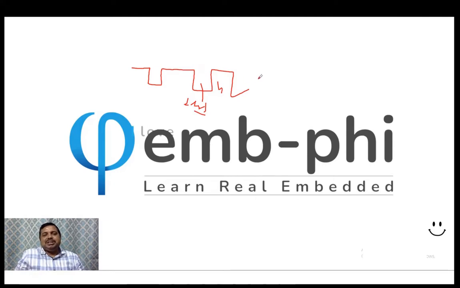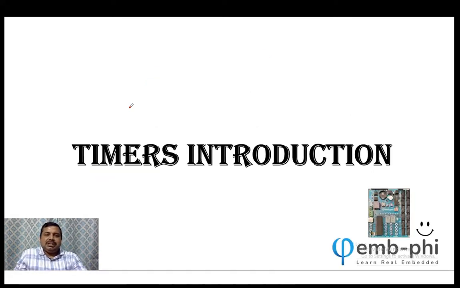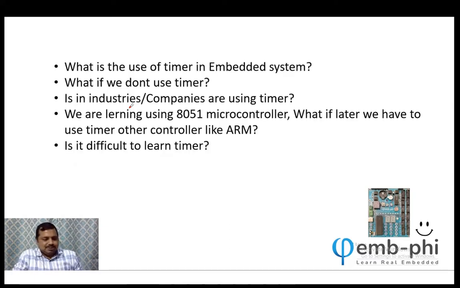Then after that we had done one more program, with 20 millisecond and 40 millisecond on and off, and then we found it was a little tedious job to find out the exact time. So that we are going to solve now, and we are going to use the timer for that. So this chapter, I am going to introduce you to what a timer is, and after that we will be using that timer in our programming. Okay, so let's see how it goes.